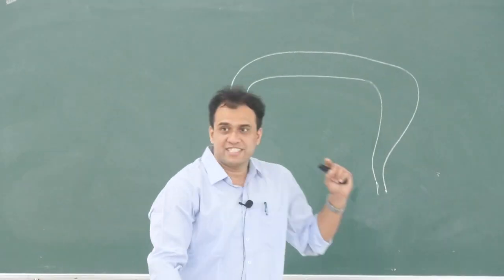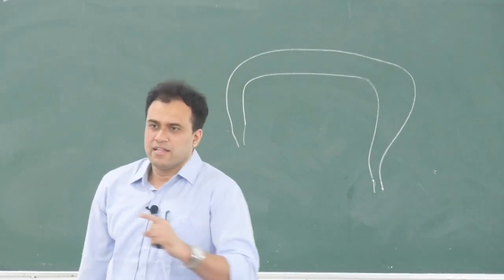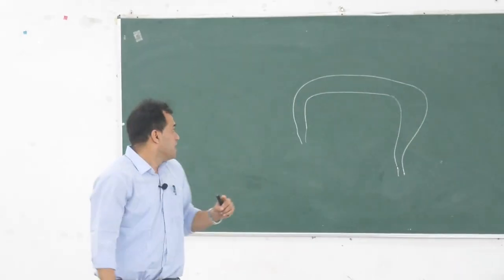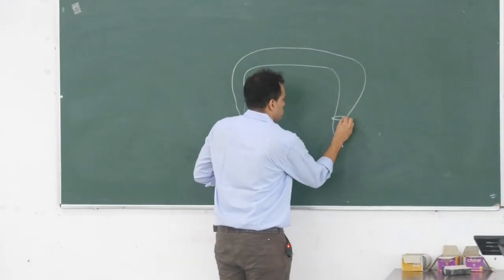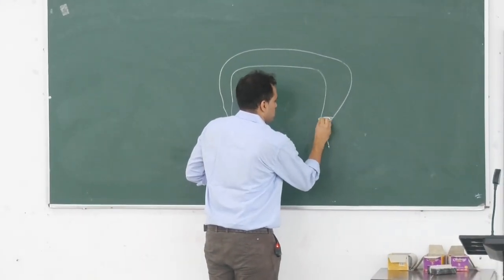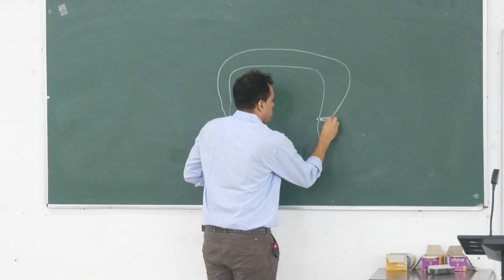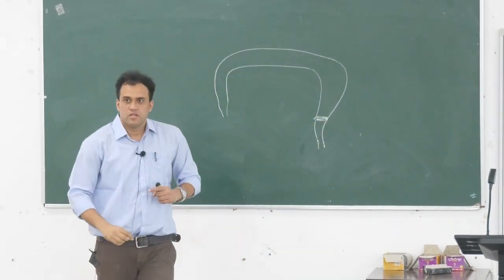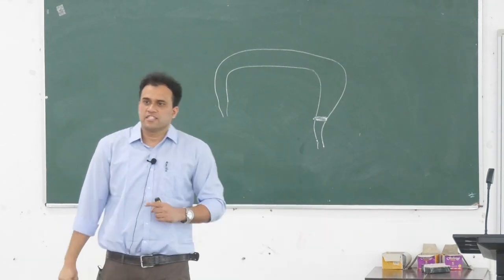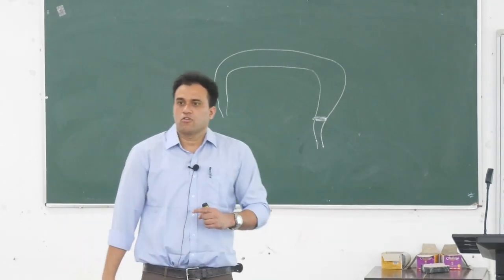Okay, this is a gut. Okay, large intestine, a colon. And if a tumor occurs over here, say in the large intestine, in the colorectal region,